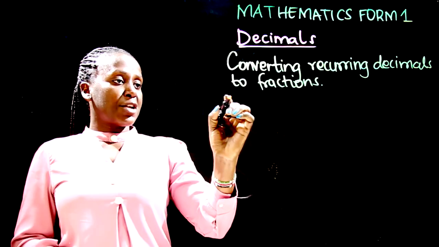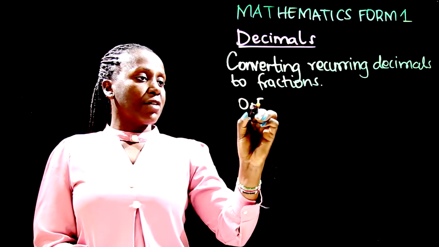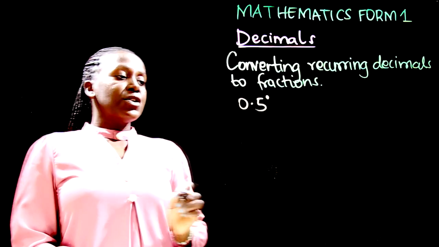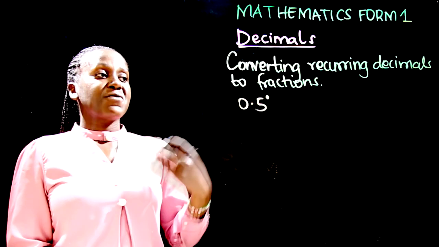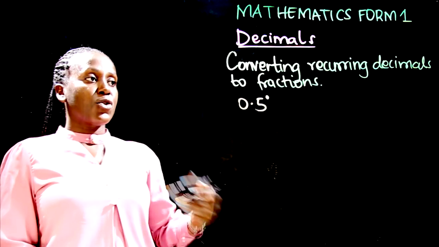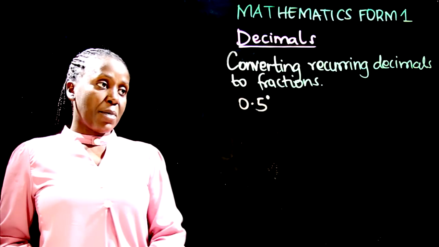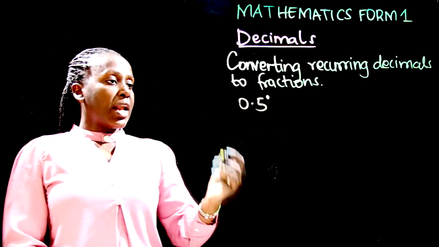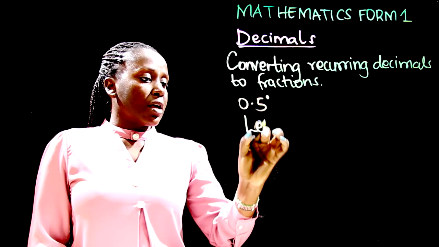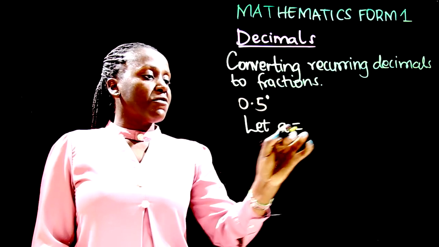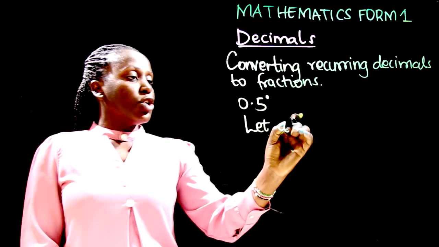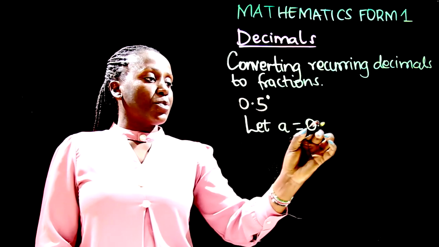So you're going to begin with 0.5 recurring. This dot means that it is a 5 that is repeating itself, so many times. We're going to use algebra here to help us convert. So let letter A be equivalent to this decimal. So this decimal can be written as